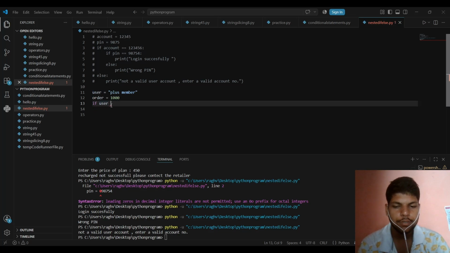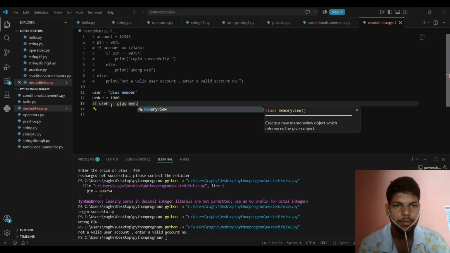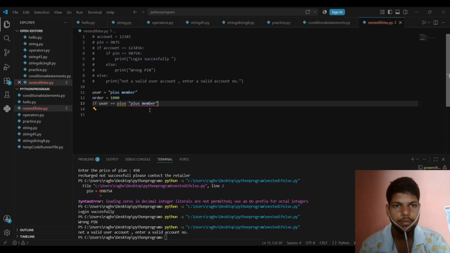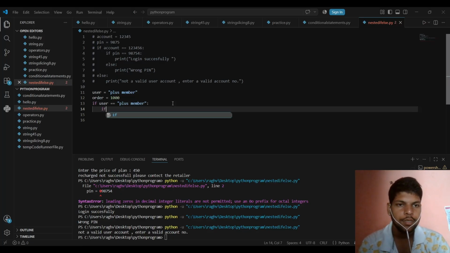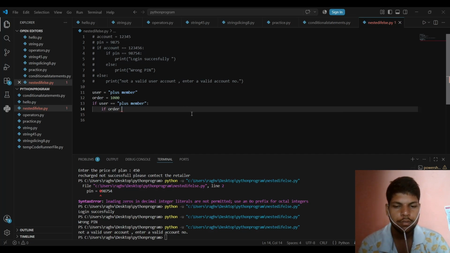If user equal plus member, then if order greater than or equal to 1000,